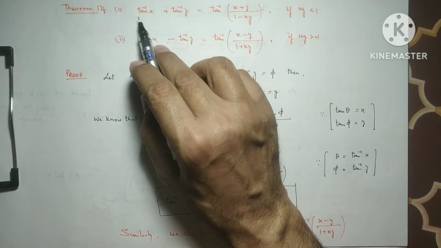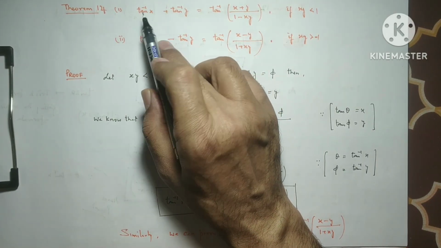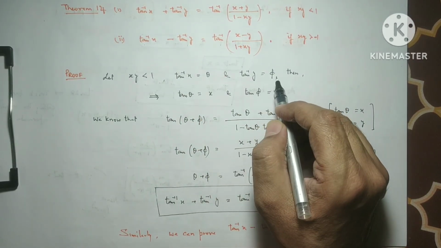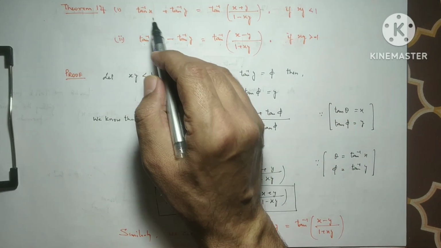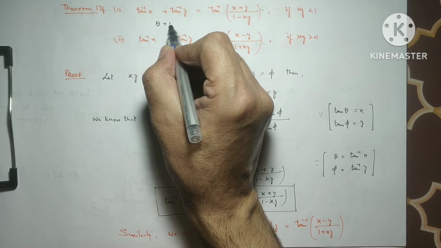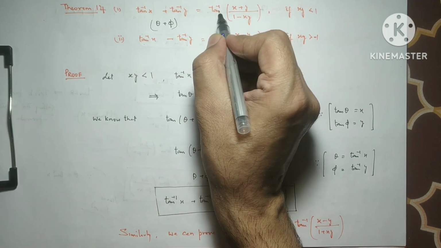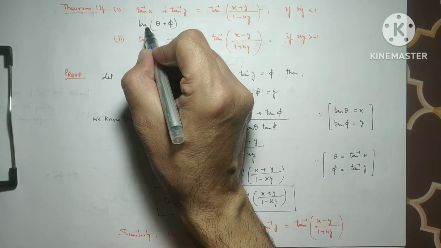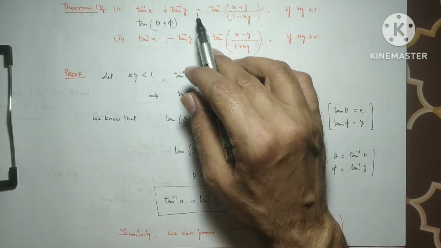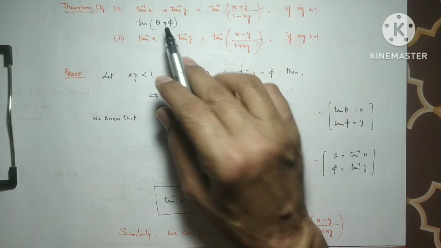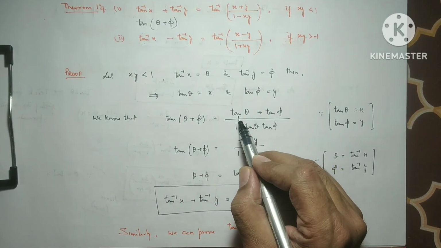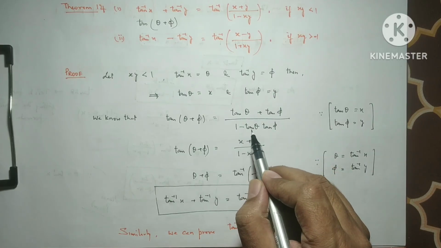There are two inverses, meaning two angles. So tan inverse x is the angle theta and tan inverse y is the angle phi. So if this is theta and this is phi, this becomes theta plus phi, and when we take tan on the left-hand side, this becomes tan of theta plus phi. This is the extraction of the formula which should be used for proving this theorem. Now we use tan theta plus phi, which equals, this is the formula, tan theta plus tan phi over 1 minus tan theta tan phi.